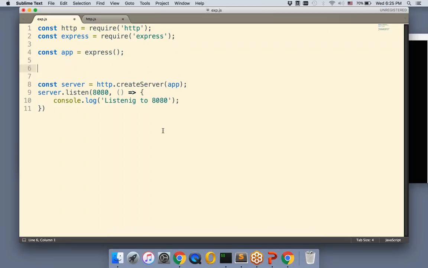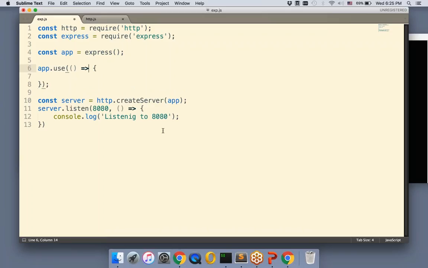So what is a middleware? A middleware is a very simple function that just has 3 arguments, which is request, response, and next. So what are they? Let me show you. App use. App use means I want to register a new middleware. So I want to register a single middleware, and the signature for that is request, response, and next. And in this middleware, I'm gonna say response,